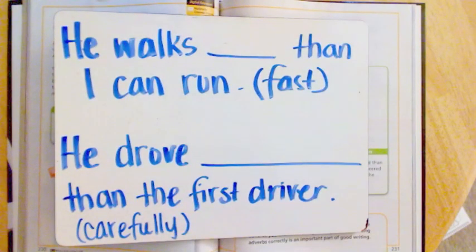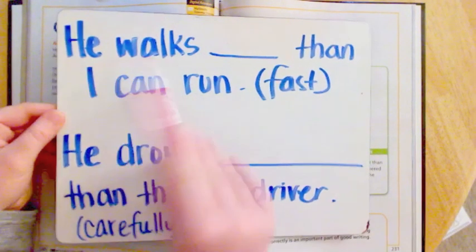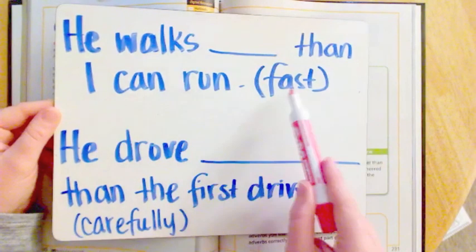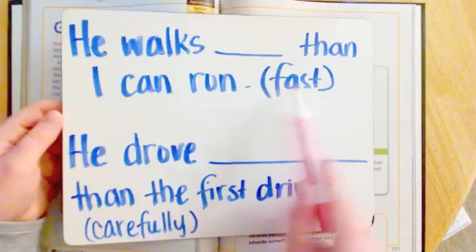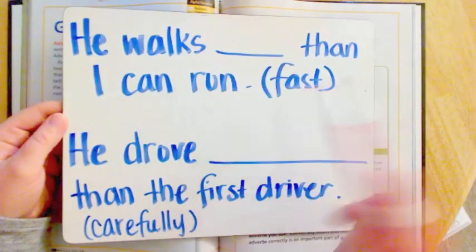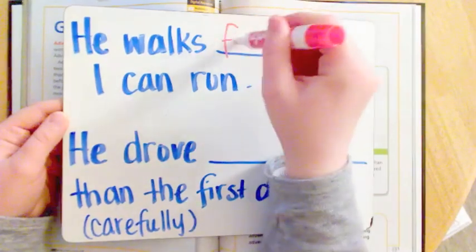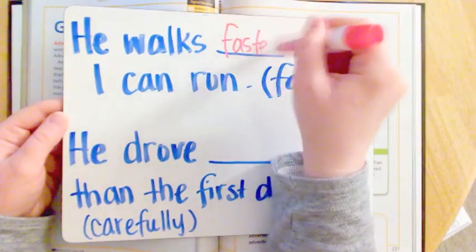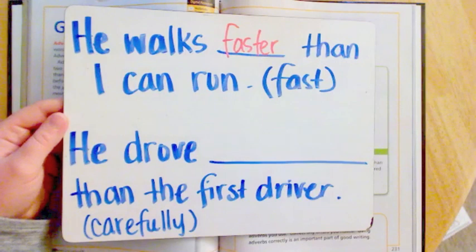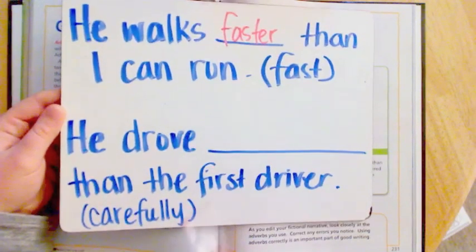There's two things you need to pay attention to. So he walks blank, then I can run. We're going to use the adverb fast. So he walks faster. I'm comparing. He walks faster than I can run. But one thing to pay attention to, we talked about how some adverbs end in ly,